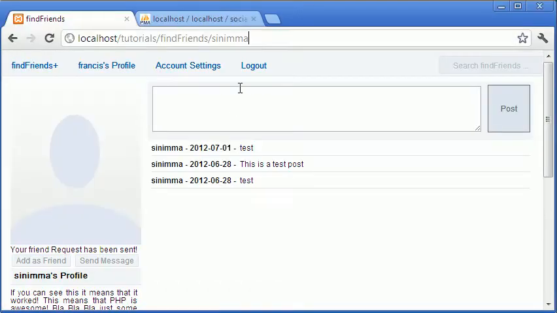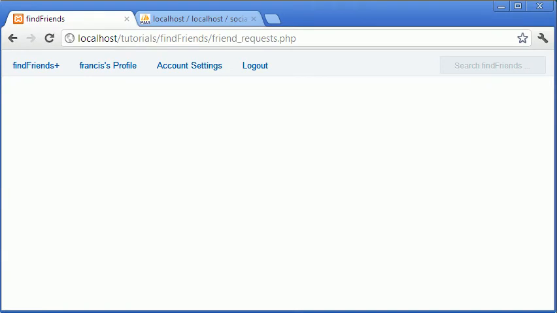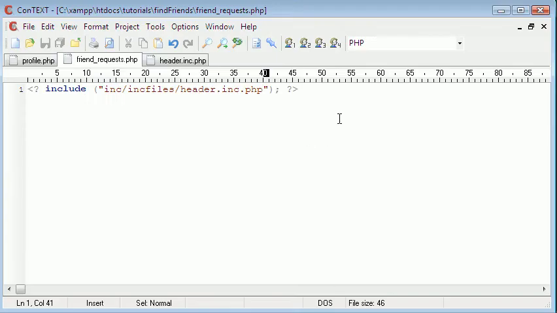So if we include that and we go to friend requests, now we just have a blank page, and we should still be logged in anyway. So that means we can actually continue. So create a new PHP block, and we're going to just comment it find friend request,